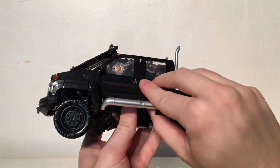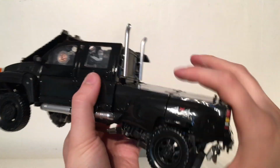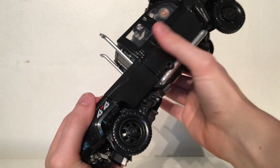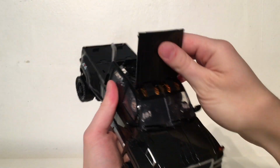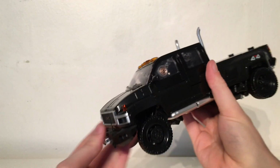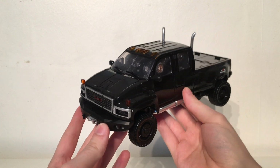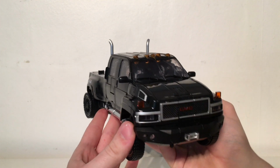And then just bring these pieces down now, and they are on double joints. So just snap those into place as best you can. Repeat the same process for this side, just clipping all this into place. And then finally just taking this flap here and snapping that all into place. There we have the Black Mamba Weapon Expert, aka enhanced and upgraded MPM 6 Ironhide in his very awesome GMC Top